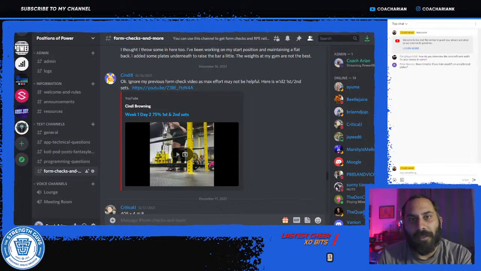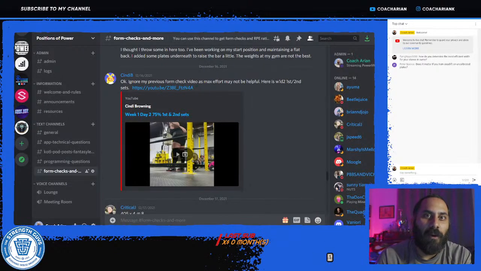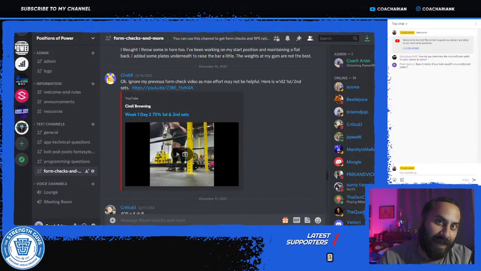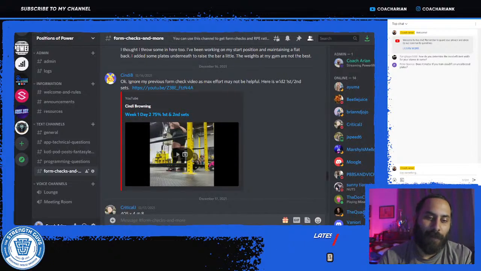One, being that the weight is incorrect. And two, kind of going with the uncalibrated plates. It depends on whether you're talking about uncalibrated steel plates versus calibrated steel plates, where the thickness is the same and everything else is the same and the height is the same, or if you're starting to add in other variables, because sometimes there'll also be bumper plates versus steel plates. So bumper plates are going to make it a little bit different, and sometimes it's going to be plates that are not the correct diameter versus plates that are the correct diameter. So it depends if you're going to combine all those things.